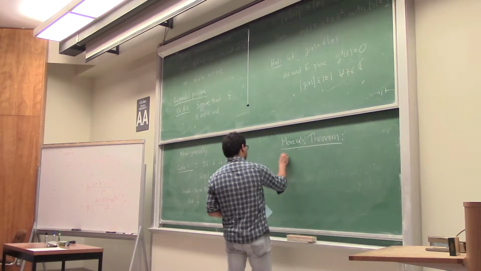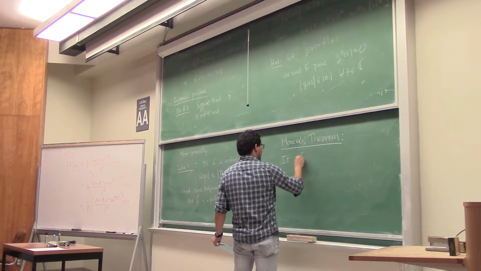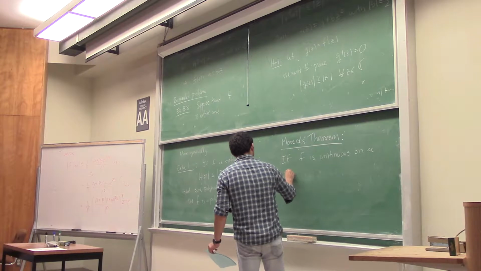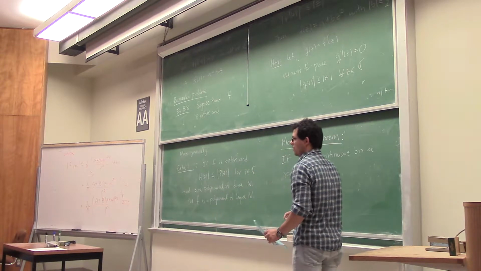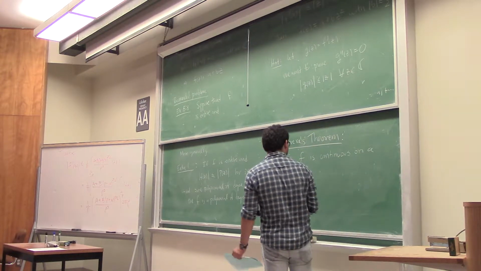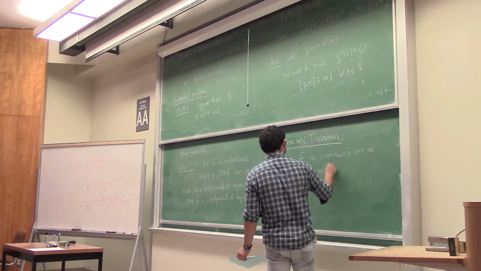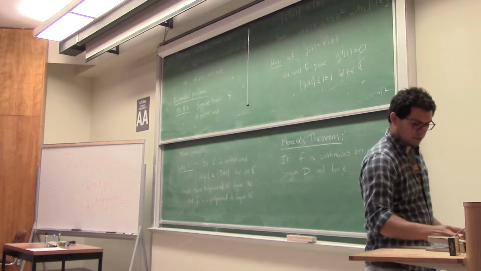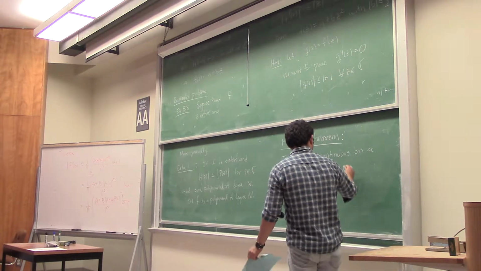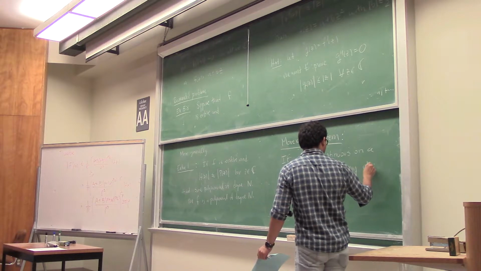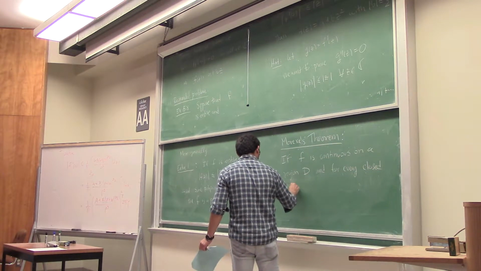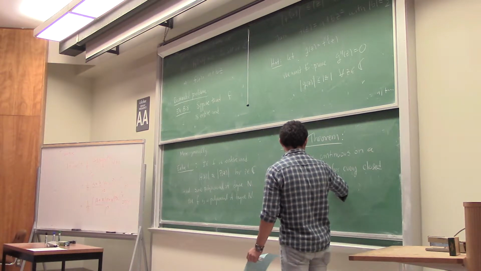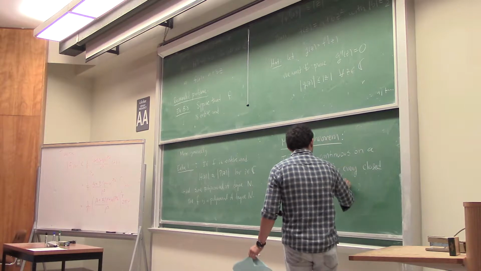It says the following: if f is continuous on a region D, now this is not analytic, just a continuous function on region D, and it happens that when you take the integral for every closed rectangle R in D, so the boundary of the rectangle has to be also in D, with boundary gamma,